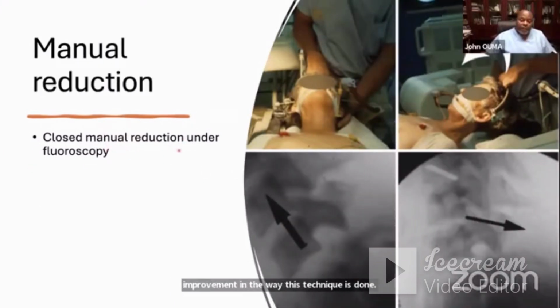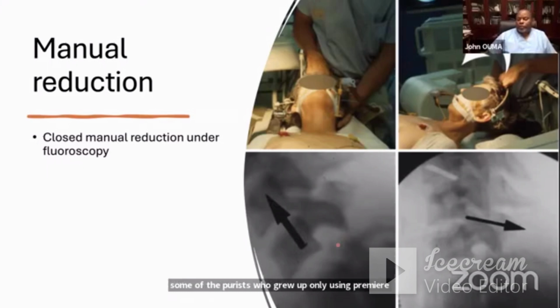Now, this is another very interesting technique. And as I'll show later, it has been touted to be far more effective and perhaps far better than the skull traction that we talked about. So under manual reduction, one takes the patient to theater under general anesthesia and relaxation, and one manually reduces the dislocation. Now that sounds perhaps horrendous to some of the purists who grew up only using craniotraction,